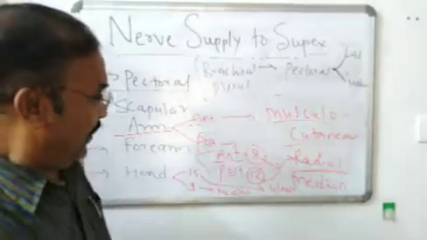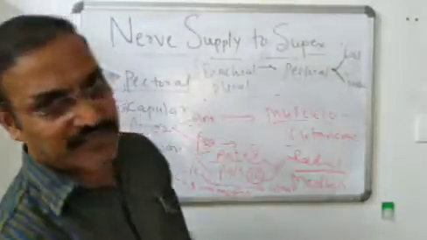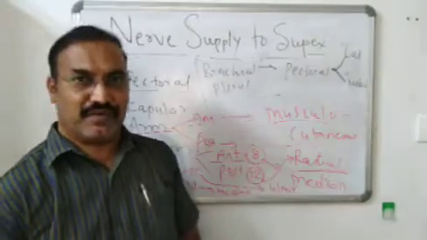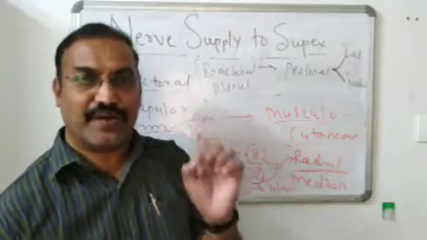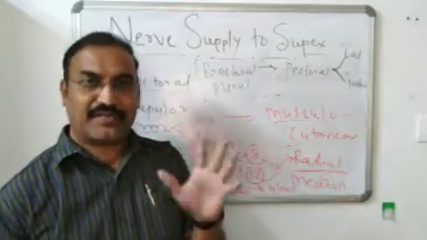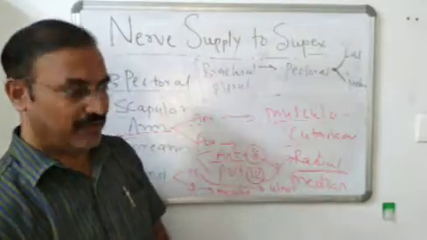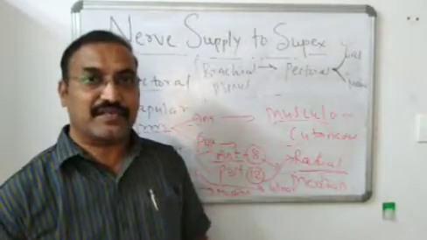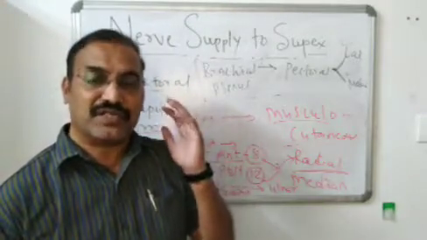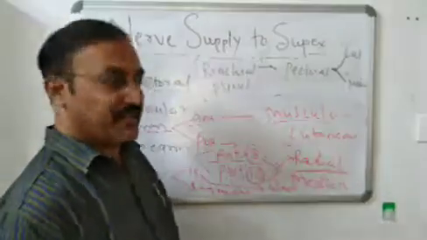The ulnar nerve is also called the musician's nerve. Why is it called the musician's nerve? Because, as I said, of the skillful work, like playing piano or musical instruments. It is a function of the hand muscles, and 15 of the hand muscles are supplied by the ulnar nerve. That's why the ulnar nerve is also called the musician's nerve. As per me, the ulnar nerve is also called the surgeon's nerve. Why the surgeon's nerve? Because surgery is also skillful work. So for medicos, the ulnar nerve is the surgeon's nerve.